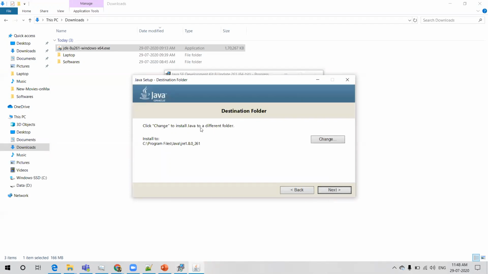So it says click change to install Java to a different folder. Okay, it asks you to install JRE also. As I already mentioned, within JDK, JRE is also packed. So it is asking you where to install JRE. We'll provide the default path and click next.